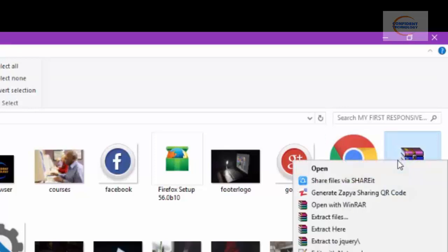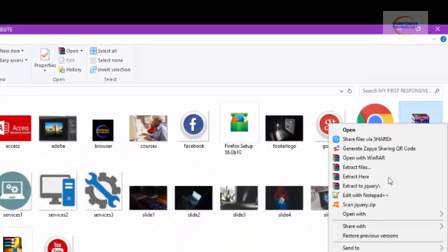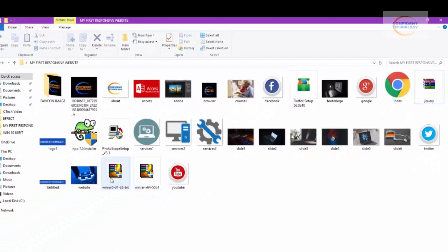So right click on it. If you right click and you don't see this last option, extract to jQuery, you need to install WinRAR. If your system is 32-bit, you install the 32-bit. If your system is 64-bit, you install the 64-bit,